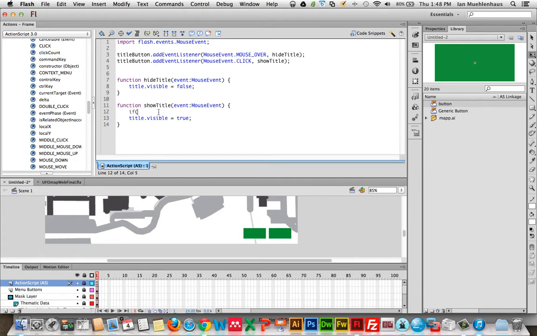So I'm going to write if title visible equals false, end parenthesis, curly brace, curly brace. So what we're saying is function show title,